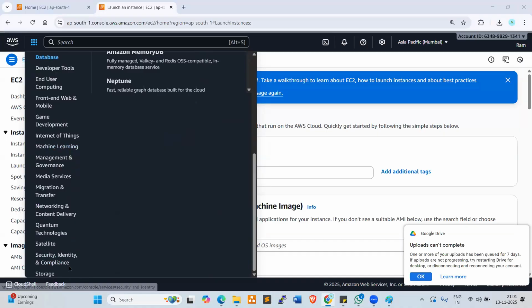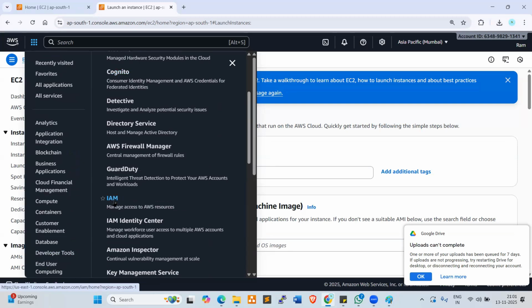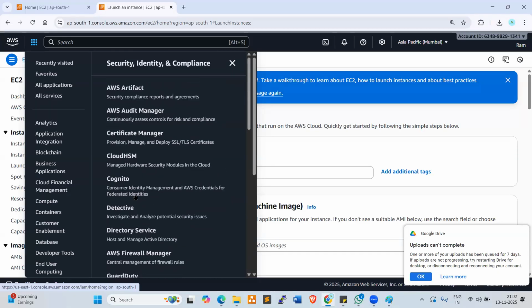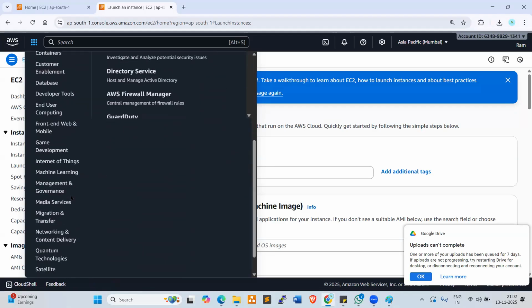Fine. Next one, security, identity, and compliance. Look at this. Here there is the IAM service, Identity Access Management. How can we create the IAM users? How can we control the IAM users? How can we manage the IAM users? Practically, we can create and work on this. Next one, important services, which are